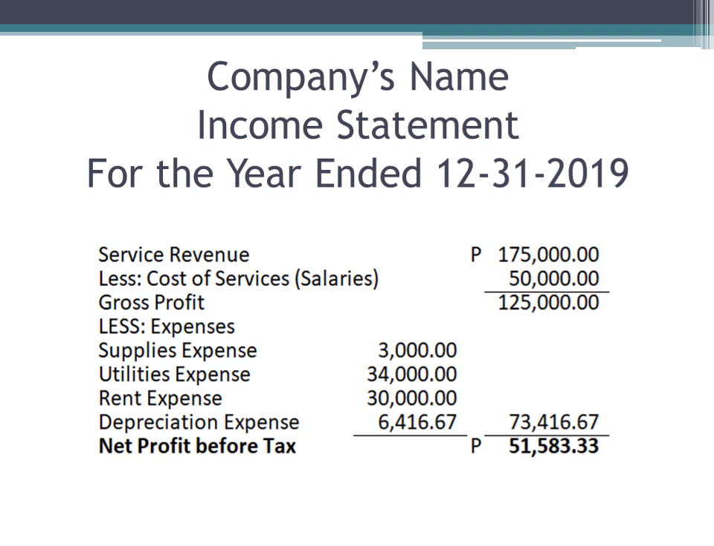then less cost of services, which is normally salaries, 50,000, and then gross profit 125,000, less expenses. So what are our expenses? We have supplies expense 3,000, utilities expense 34,000, rent expense 30,000, and then depreciation expense 6,416.67. So a total of 73,416.67. Meaning the company is profiting